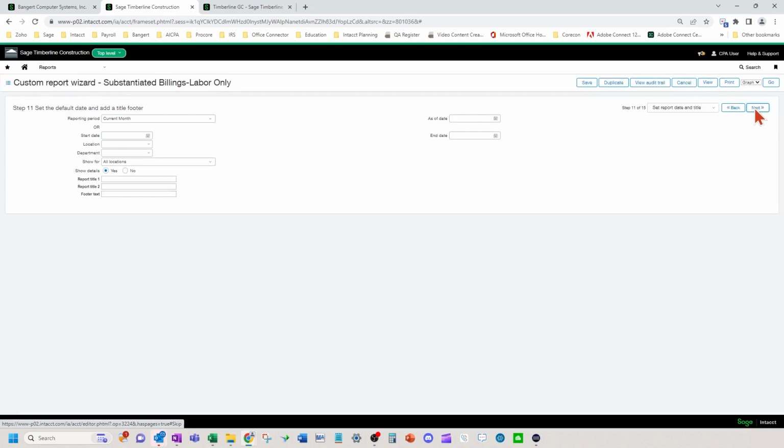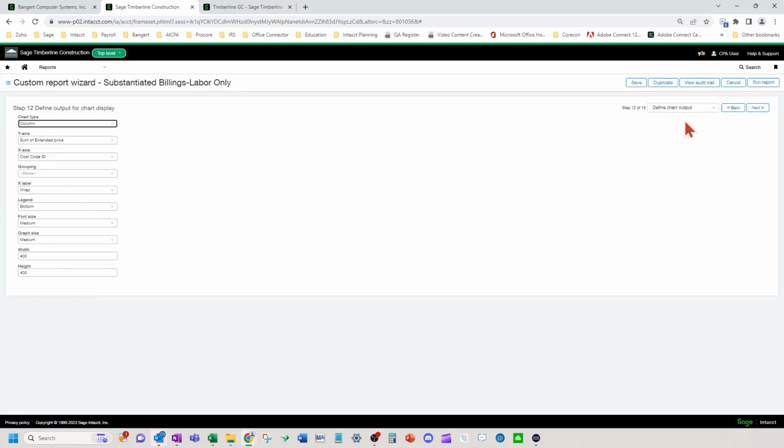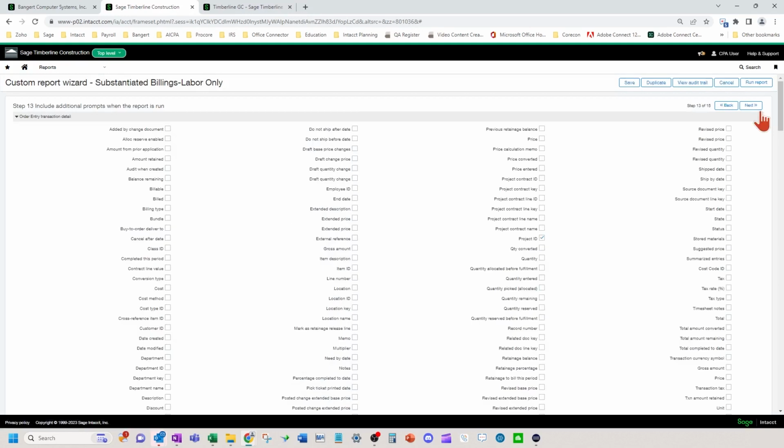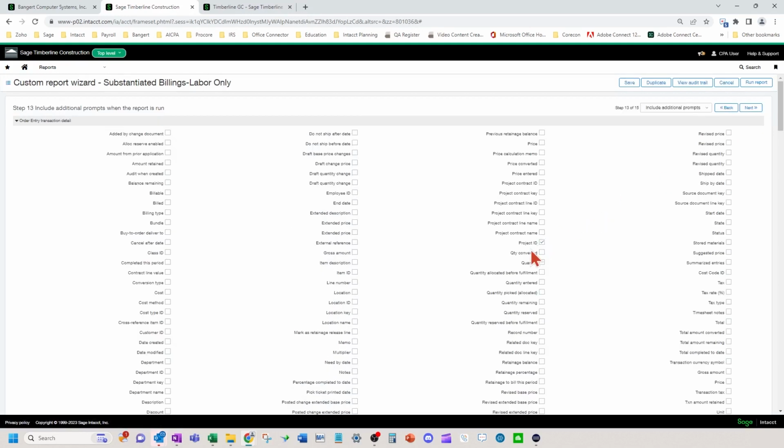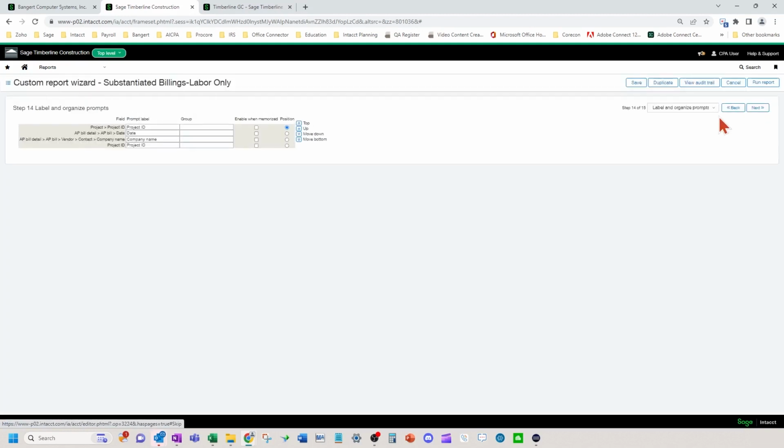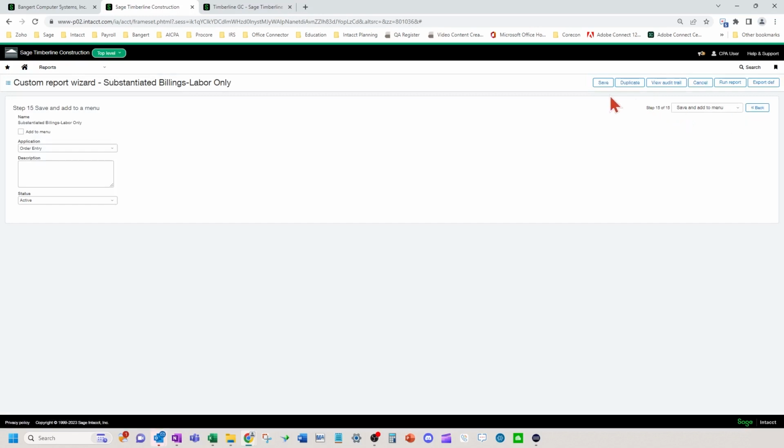I want to show the details right there, and I'm just going to keep going here. I could include some additional prompts like the project ID, not required prompts necessarily, just ones that you can use. And now I'm at the end. Okay, so I'm going to save this. I made a couple changes to those columns, and we're going to run this report.